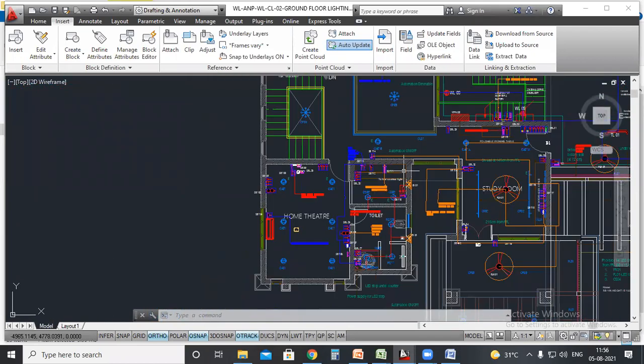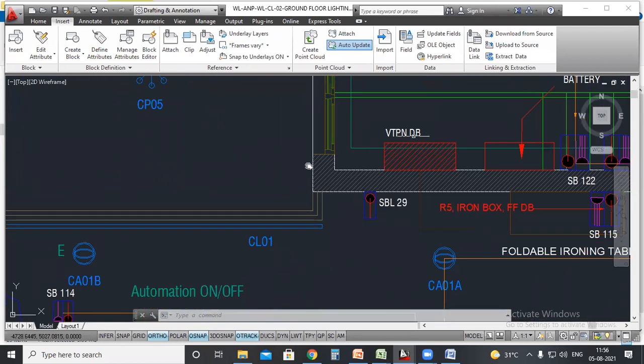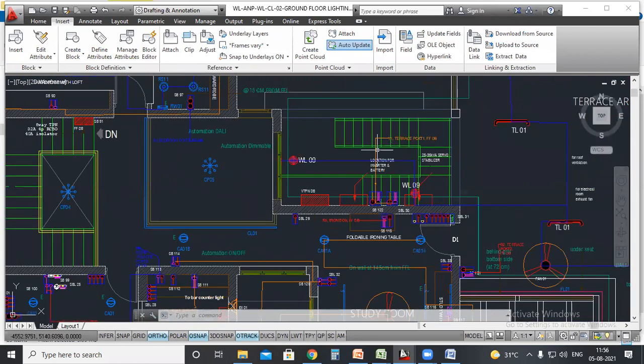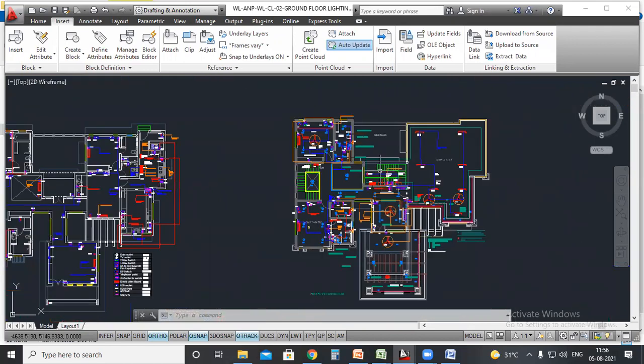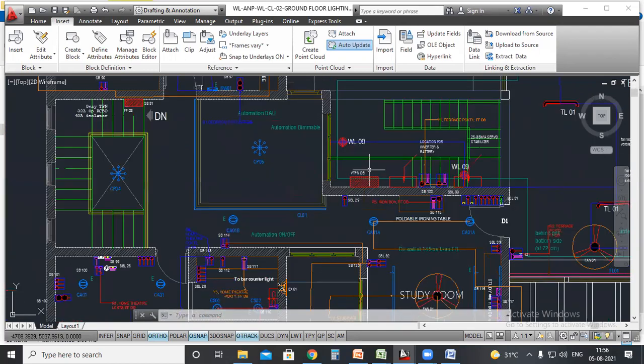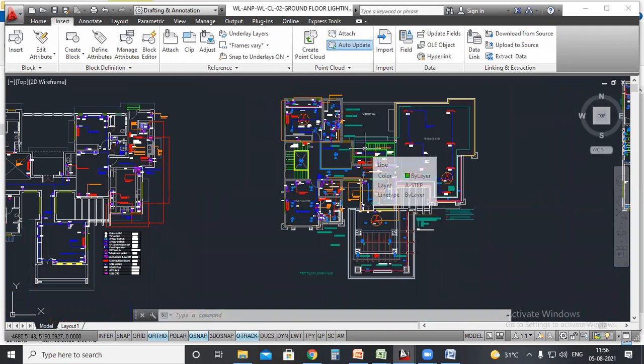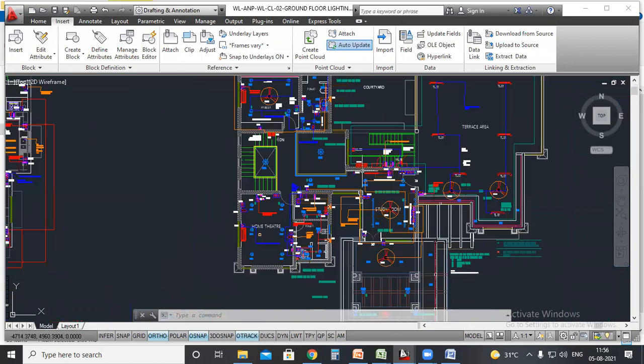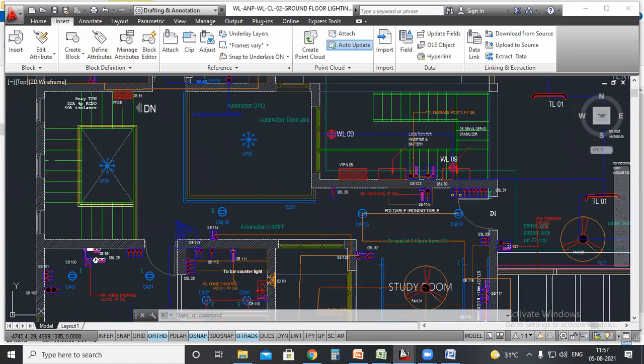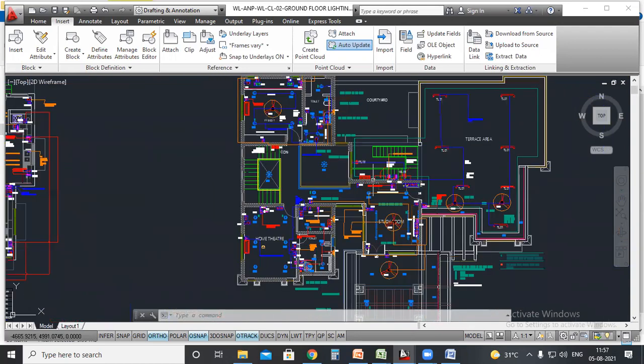Okay, and this is the location for VTP and DB. This is actually coming outside the building, and this will be a closed space coming under the stair. This will have a grill and all. So while visiting the site, you will need to understand how the cable can be taken to this particular position. Okay, from the electrical utility post, how you can take the main incomer cable to the first floor, what we say, open terrace area.